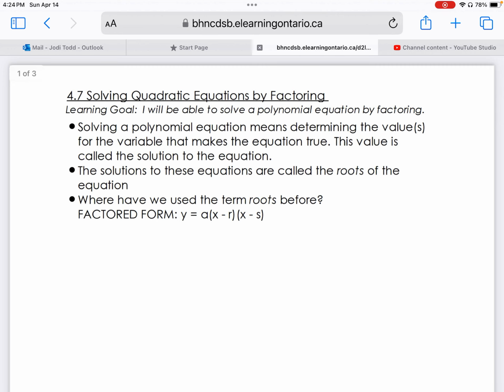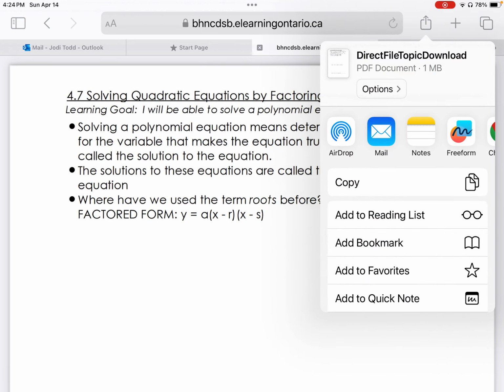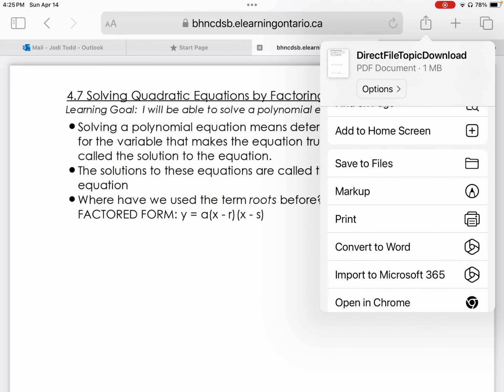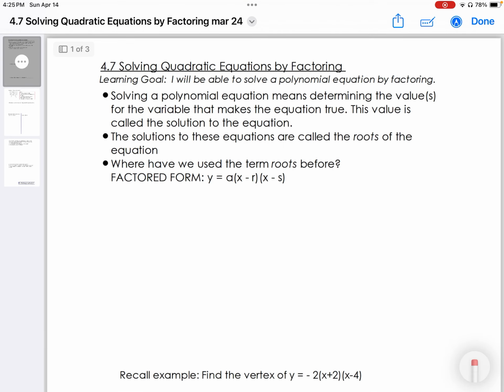Okay, so this lesson we are going to talk about solving quadratic equations by factoring. And we've actually sort of already done this before. What we're looking for is